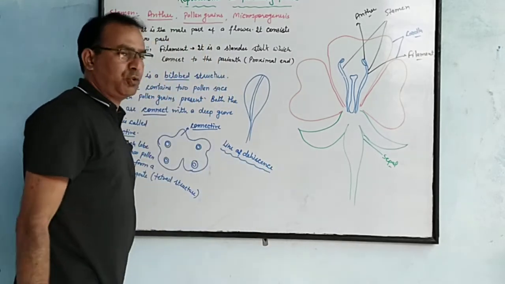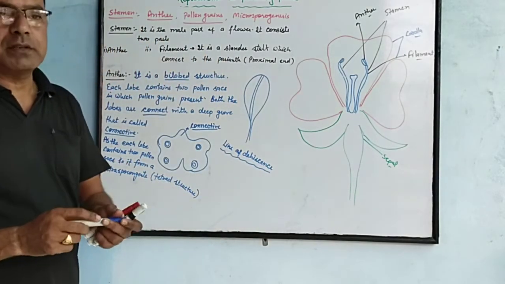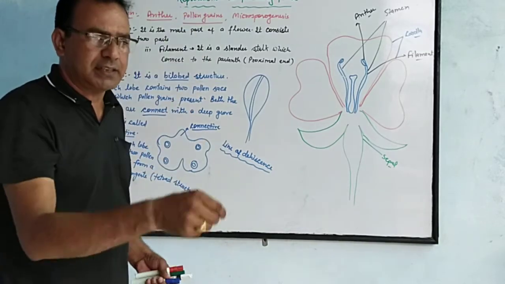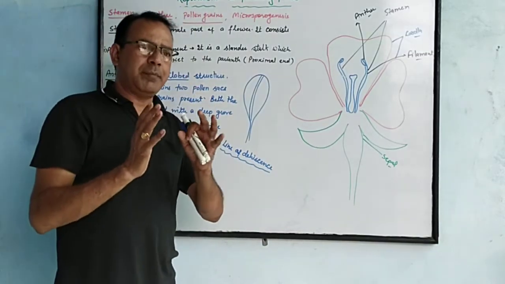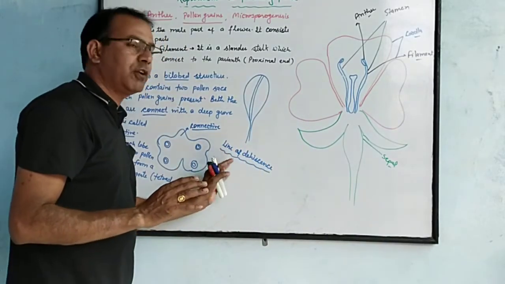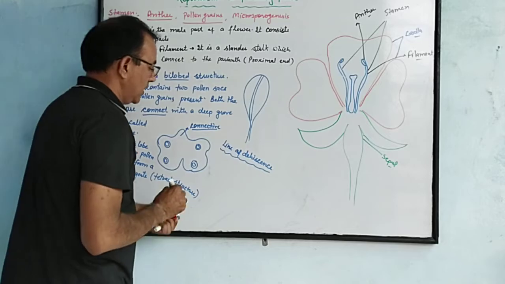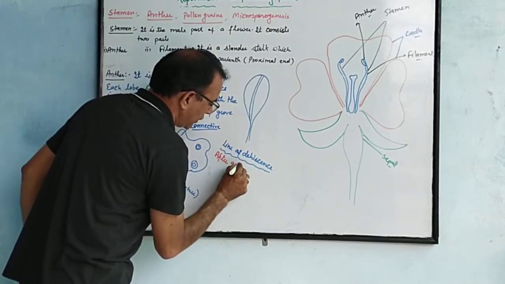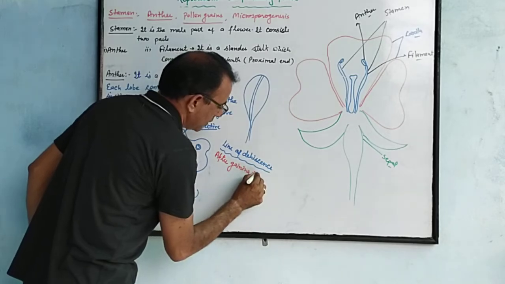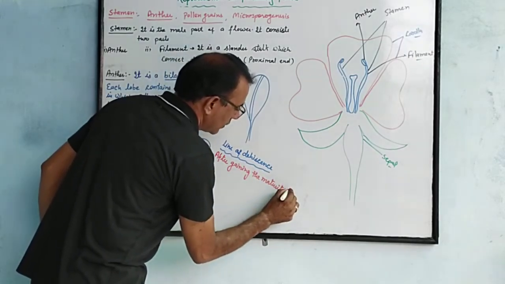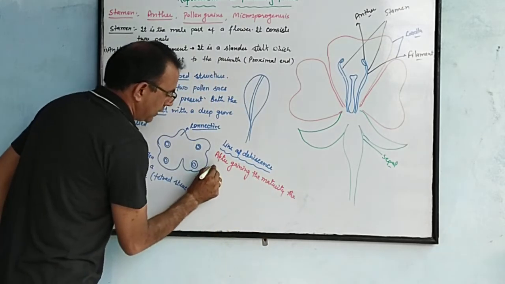After gaining maturity, pollen grains burst the lobe along a line. जिस लाइन से, जहाँ से pollen grain mature होने के बाद lobe को burst करते हैं, that line is called line of dehiscence. After gaining the maturity, the pollen grains,